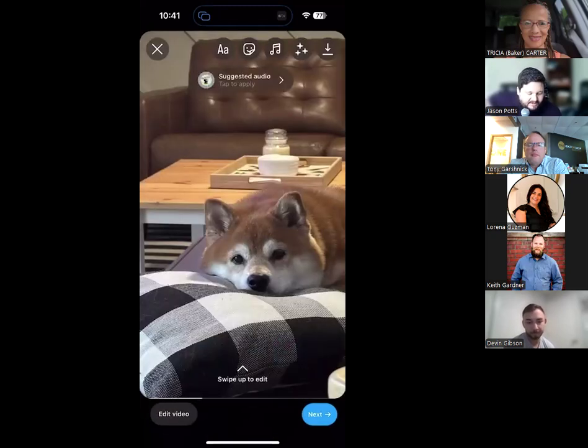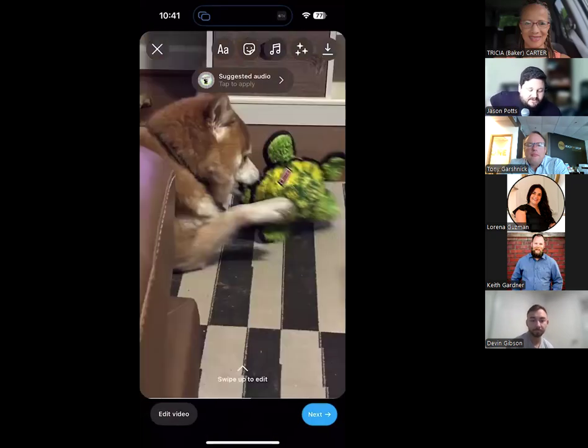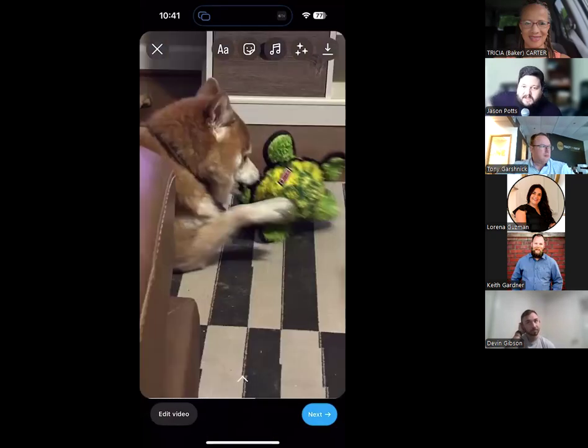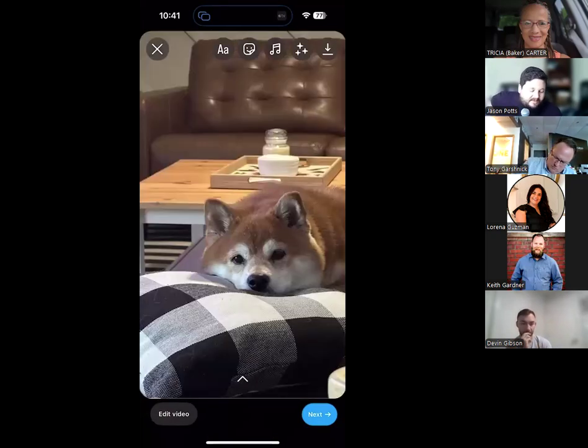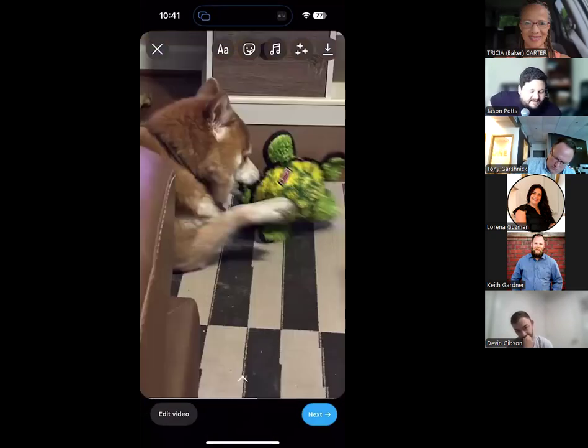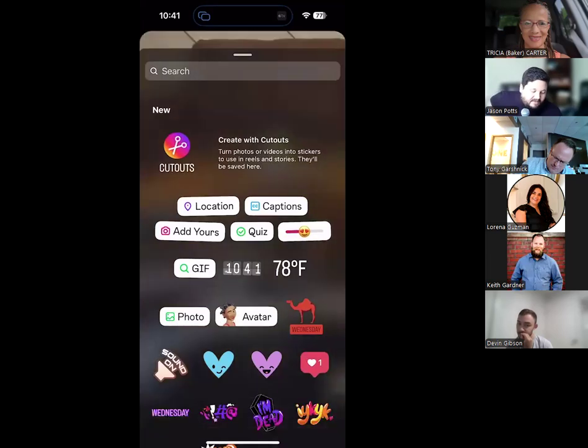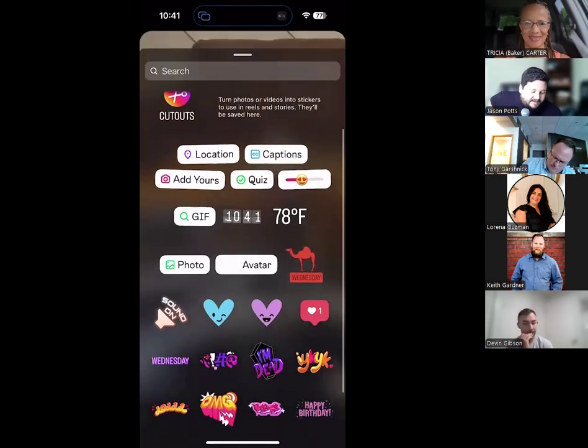So now I'm on what I would consider to be stage 2 of the process. Stage 1 is either recording or choosing your content. Stage 2 is where you're going to be able to actually edit it. So as you're used to at the top of the screen, we've got our text option. I'm not going to go over that again with the A. That sticker feature is back. Again, you're not going to find the links here,